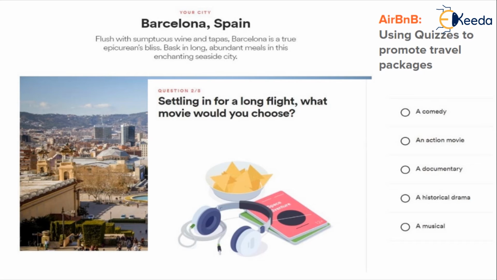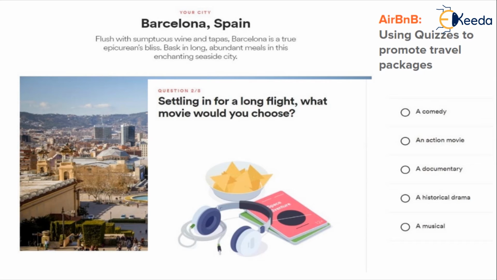Within this result itself, for instance, for a particular user, the result might say that Barcelona or Spain is your city and where you should be visiting, because it is flush with sumptuous wine and tapas, and Barcelona is a true Epicurean's bliss. Meaning that if you're into food, lifestyle, wine, living the high life and enjoying it all the way, with good food and enchanting scenery, then this is the place to be.